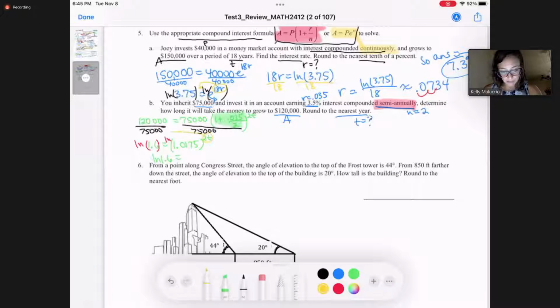front, but this time I can't get rid of that ln because it's not e, right? So it's 2t ln of 1.0175, right? And so, okay, now I'm going to divide both sides by 2 ln. So I'll write it here, 2 ln 1.0175. And then I'll divide this side by 2 ln 1.0175. And the reason I'm doing it with the 2 and the ln is because I want to get t all